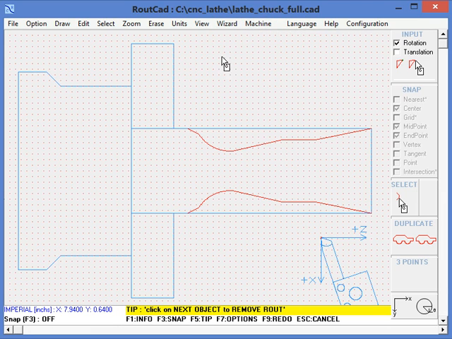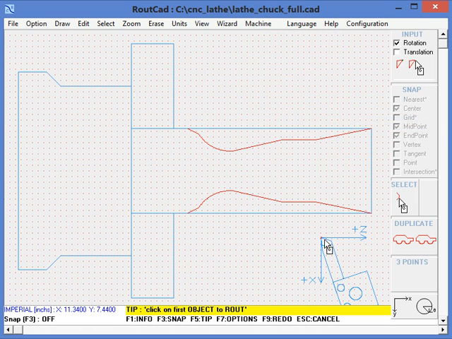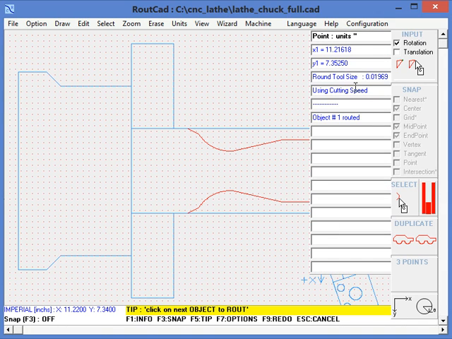revolution. But before we do so, we would like to manually route the very first point, which is the home or 0, 0 location of our CNC machine that we have. So to do that, we go to machine and route semi-automatic, and we're going to click on this point, which is at the tip of the cutting tool. We click on it. If we click the middle mouse button, we see that this is the very first object